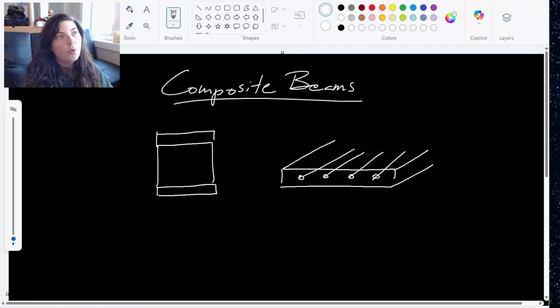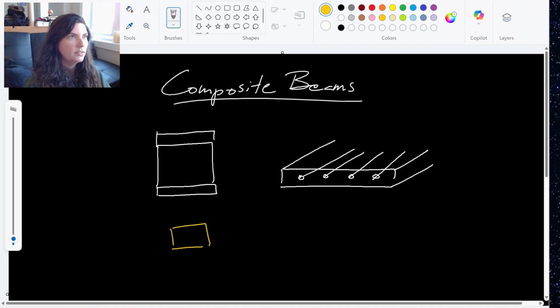The important thing to note with these composite beams is that, in order to deal with the fact that we have two different materials, two different moduli of elasticity that we're working with, we need to do a transformation. We are going to transform these two separate things and pretend like they're the same material. So what I mean by that is, let's say I have,